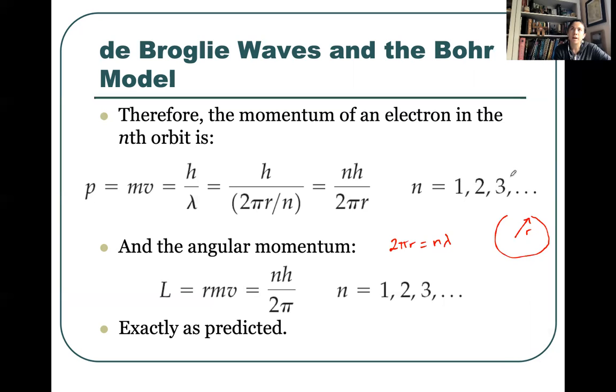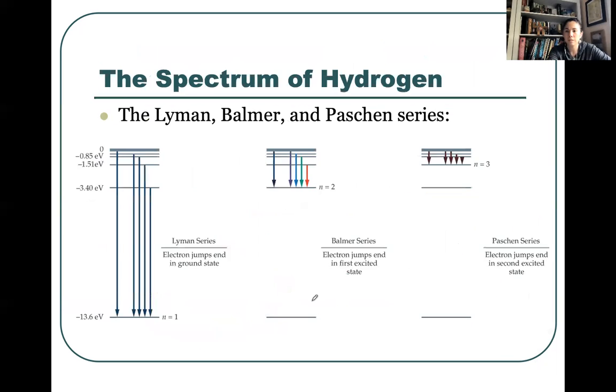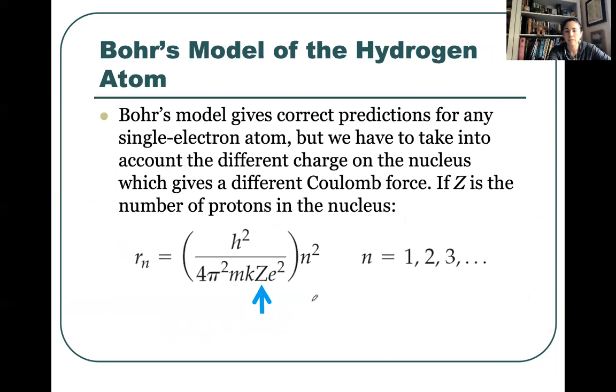Now, if we go back and look at the angular momentum, by definition, the angular momentum is mrv, so rmv either way. And you can see that we basically just multiply by r, which would eliminate the r here, and we're left with nh over 2 pi, where again n is 1, 2, 3. And that right here, you may recall, was actually exactly what was predicted in the Bohr model. So that was our second assumption